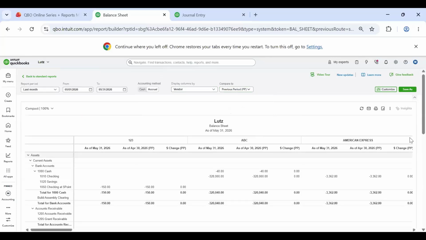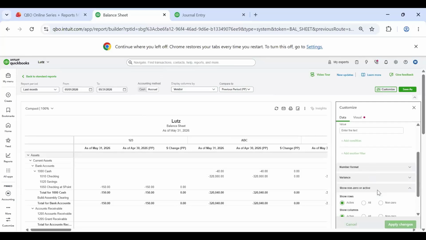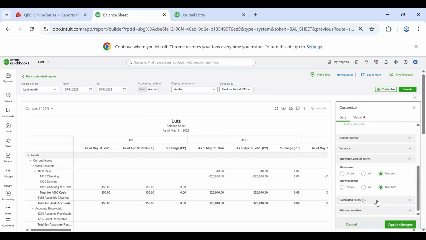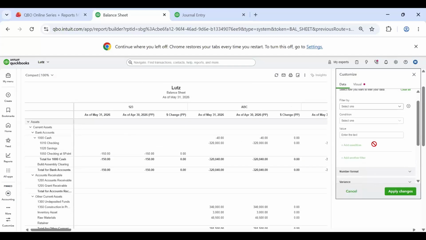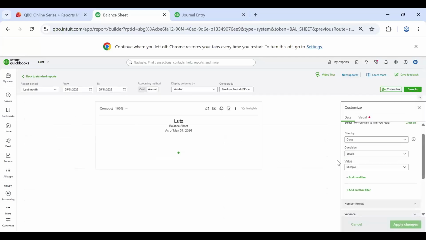So then you update this. Maybe we add a little bit more filters. So we'll change it to be the non-zeros because we love those. And we want to filter by product or class. We want to filter by class. And then we can do Lincoln office, Maine, and Omaha. So if we want to apply those changes,